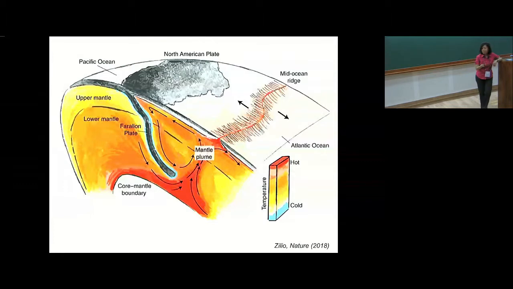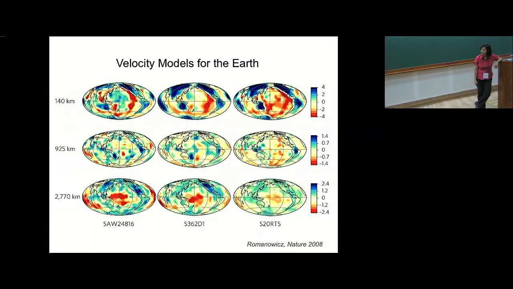Okay, so I'll show a couple of slides about how the Earth's interior looks with depth. So far I've been showing you cross sections, vertical profiles, and here I show you the map view, the lateral variation of velocities inside the Earth at different depths. These are basically 3 different models. We won't get into it, but you see how the velocities vary at 3 different depths: 140, 925, and 2,700 kilometers. And these colors again show you how fast or slow the